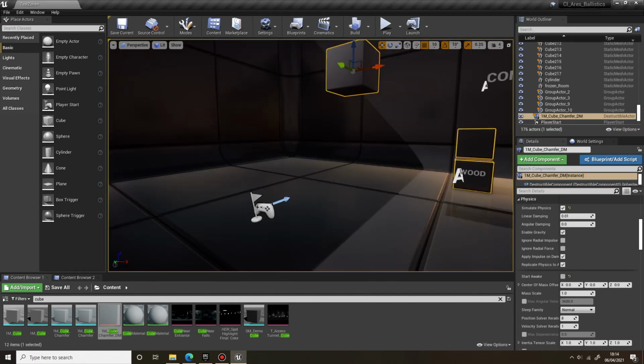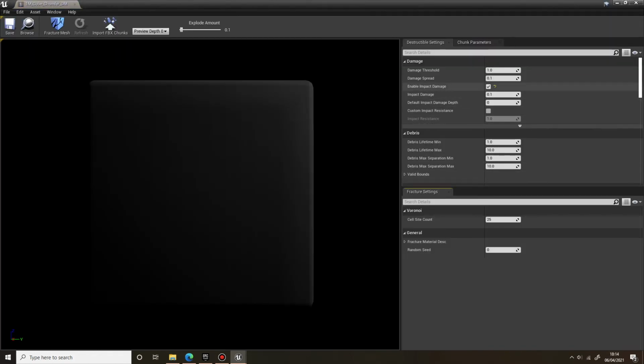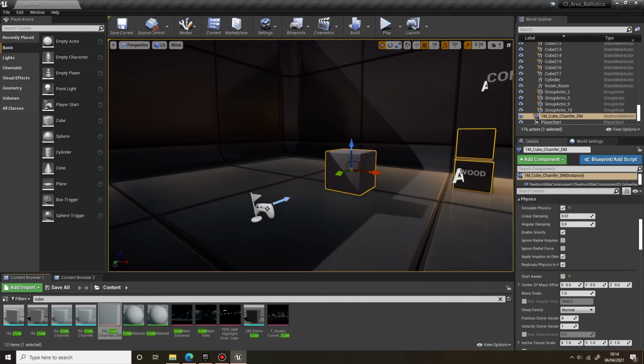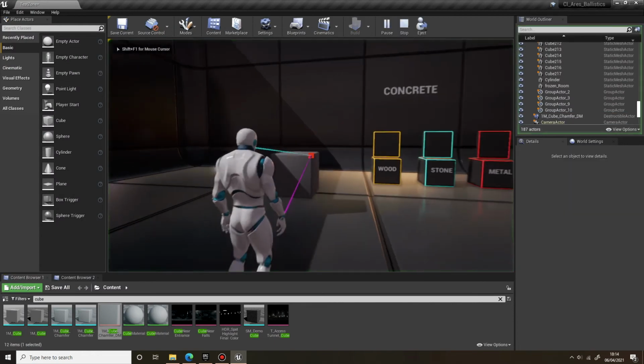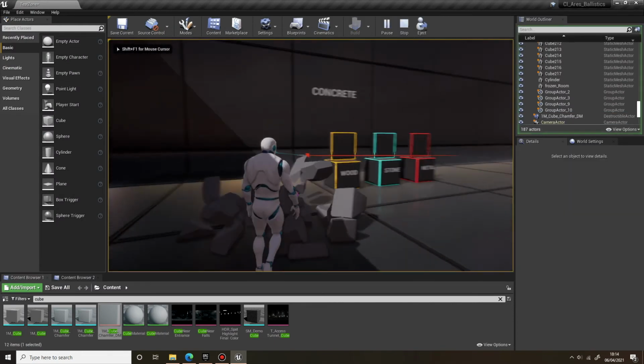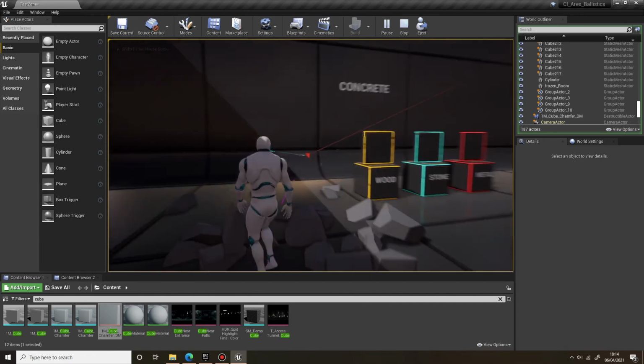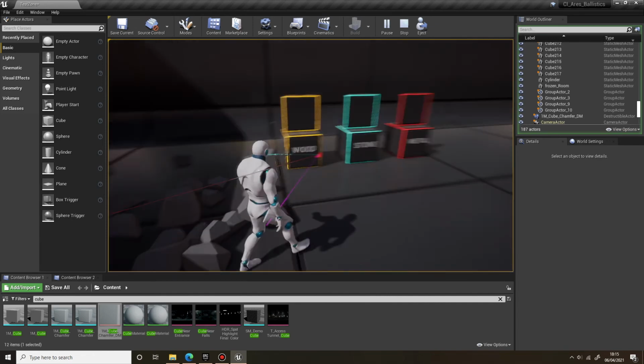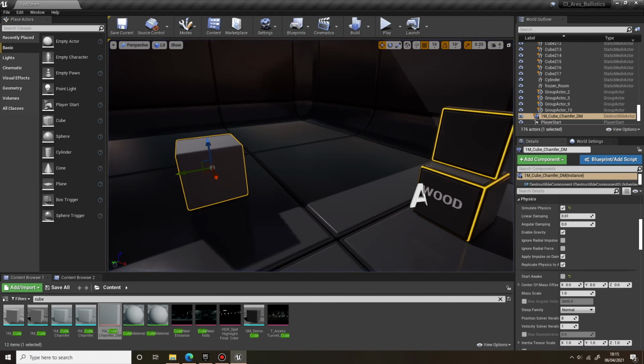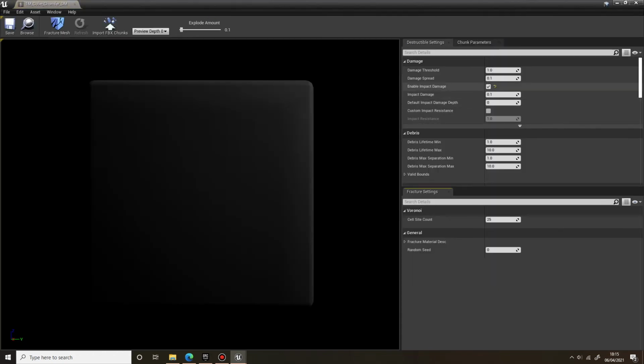The one thing about setting the impact damage to true is, depending on your settings, any sort of collision with that mesh will cause it to take damage. So me simply walking into the mesh is enough with the settings set to default to cause the mesh to take damage. Now if we go back into the mesh, enable impact damage, set that to false,